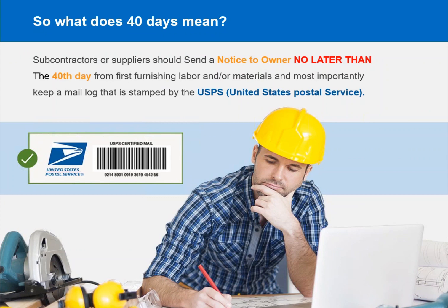So what's all this confusion between a 40-day and the 45th day? The notice to owner needs to be received by the 45th day, unless you use the manifest the U.S. Postal Service has stamped by the U.S. Postal Service. And the notice to owner needs to be stamped by the 40th day from first furnishing labor or material. So what happens if the owner or the general contractor doesn't receive the notice until the 48th day based